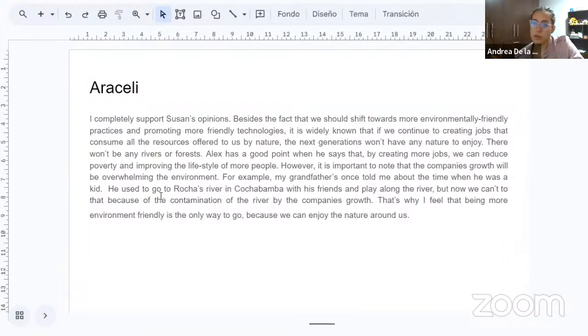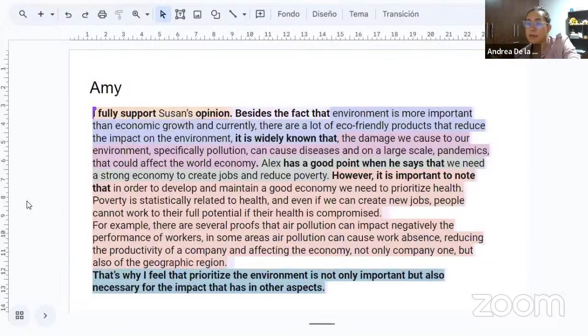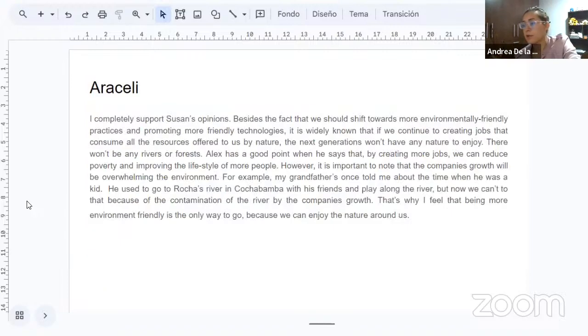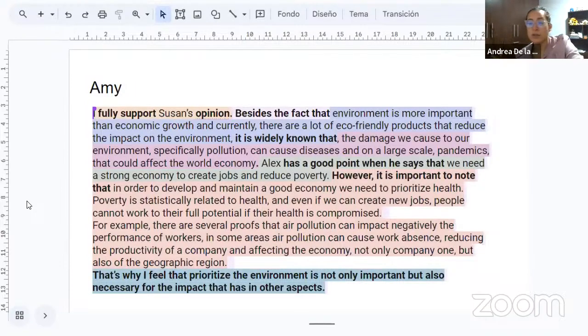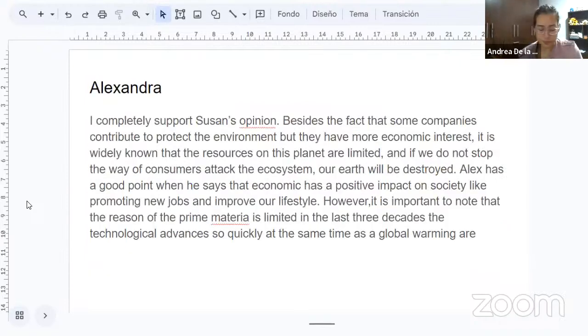Okay, Araceli, well done as well. I think none of you guys are struggling with the content, right? I think you understand well how to use a template. What do you guys think? Do you have any questions, any comments now? I am gonna be sending your responses back with some feedback, so don't worry if I didn't get to read your responses now. But what do you think? Any questions, any comments now before we go?